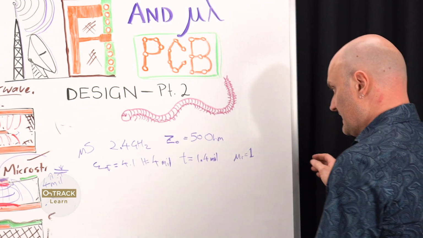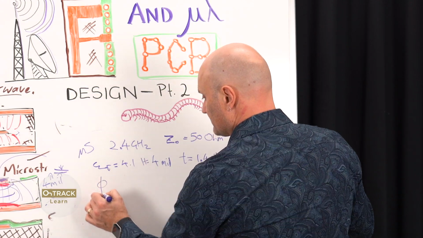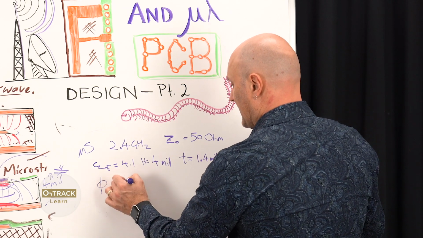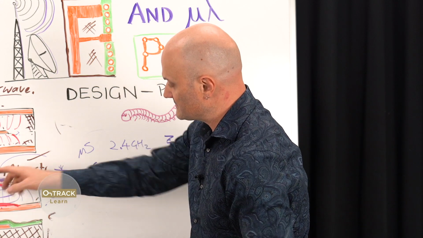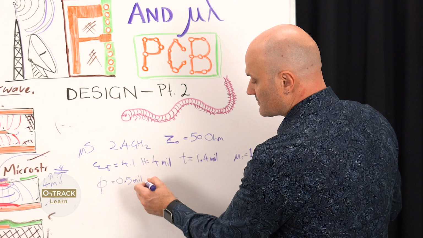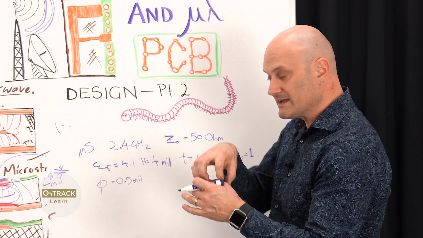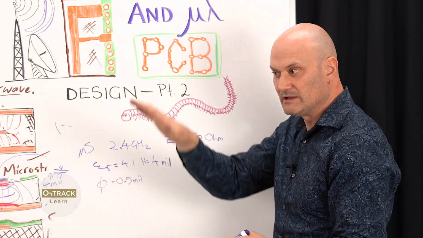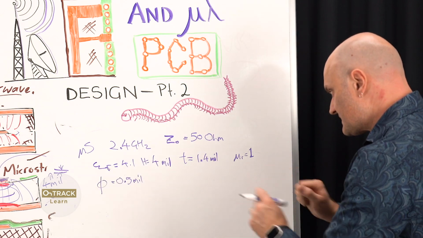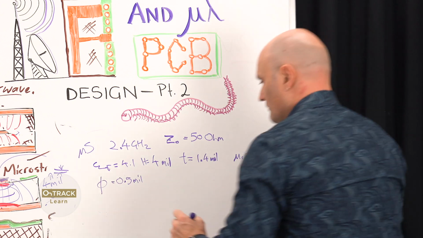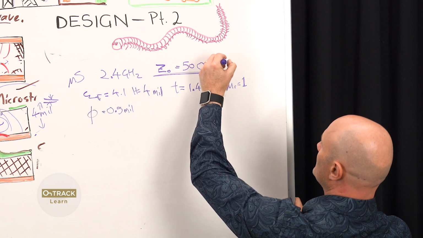We're going to have a surface roughness of the copper, a pretty typical surface roughness, which is represented by phi of 0.5 mil, say. That means the roughness of that surface in root mean square, the average roughness of that surface where the currents are flowing, is 0.5 mil deviation. Okay, so what do we get? This gives us a transmission line with, to get the target 50 ohm impedance, we need a width